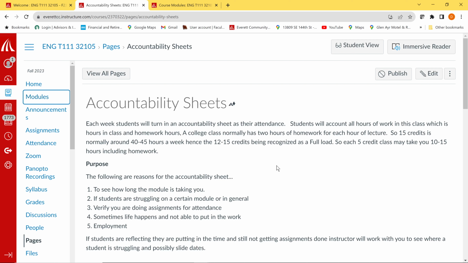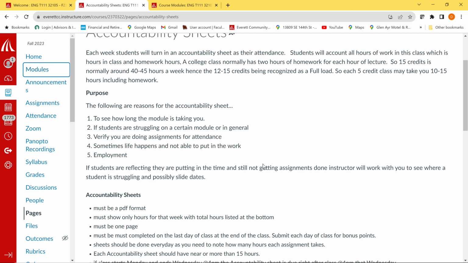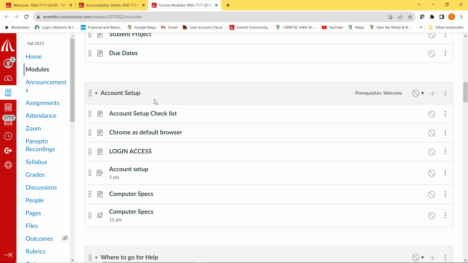Every week we're going to do accountability sheets. The purpose of the accountability sheets is to see how long each module is taking you. If you yourself are taking a lot of time on a specific module, hopefully I'll be able to notice that and jump in and help you out. For example, if I see on the accountability sheet it's taking you 9 hours to set up your account and you're still not done setting up the account,